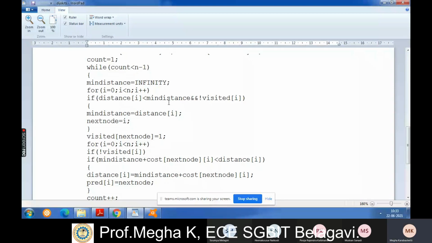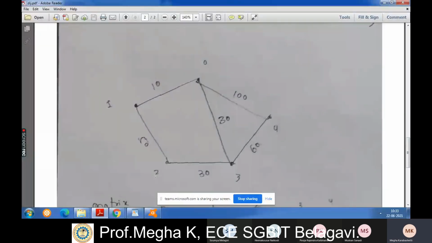Let me show you an example. From 0 to 2, there is no link. But from 0 to 3 there is a link, and from 0 to 1 there is a link. There you can connect to node 2. When finding the distance from 0 to 2, you can either go 0, 1, 2, or 0, 3, 2.